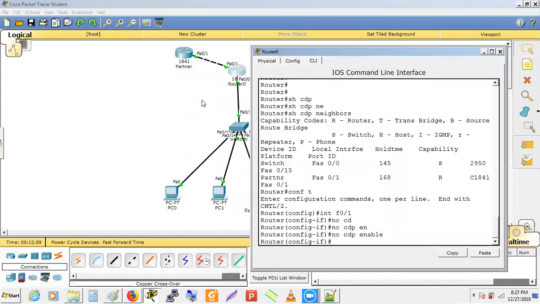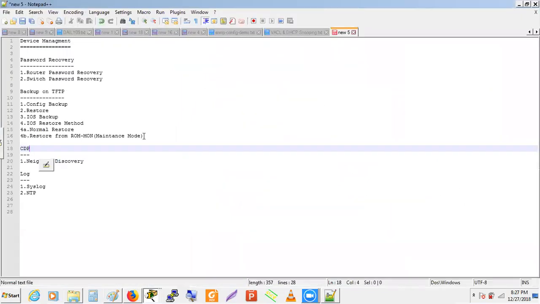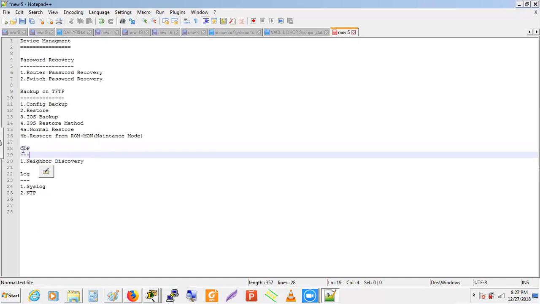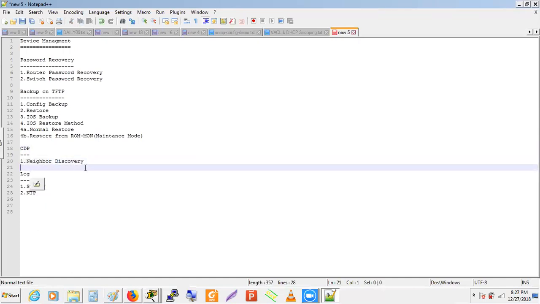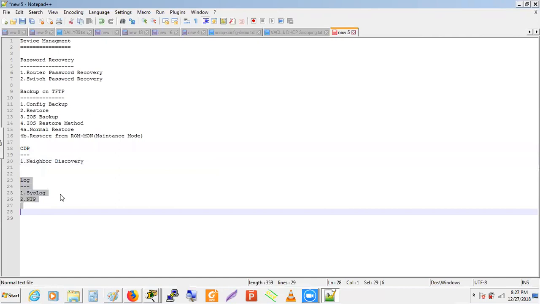Okay, is CDP clear to you? I believe CDP is clear for you. Madhup, any doubt on this? No doubt, but I want to understand